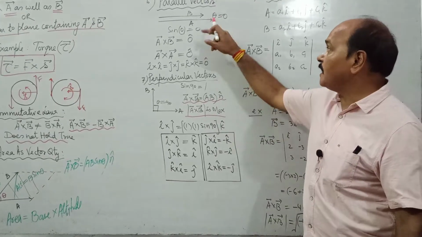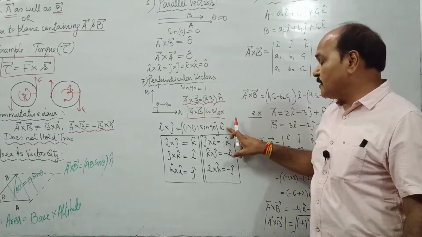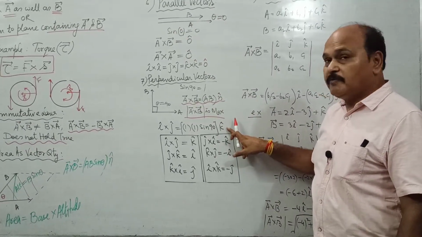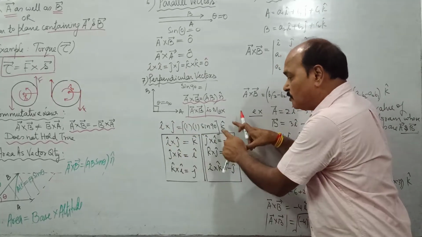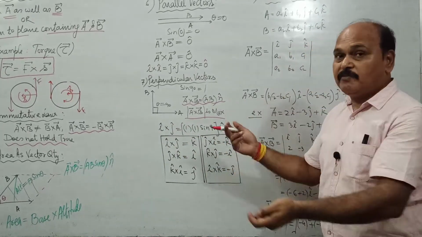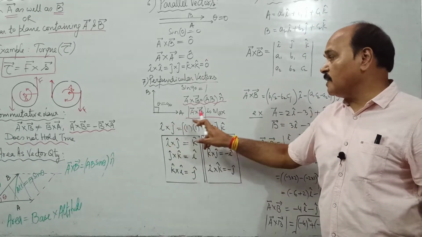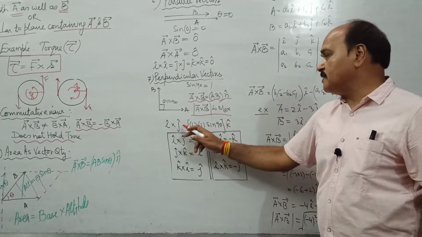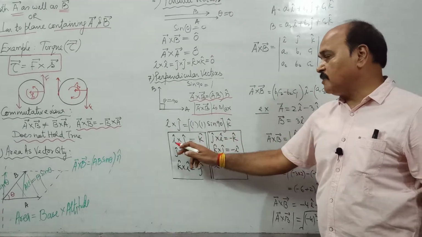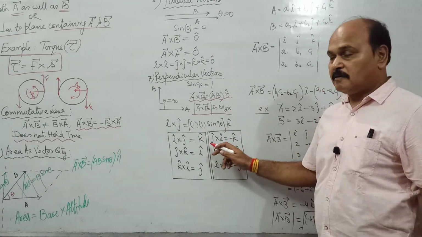And this unit vector is known to us. We cannot write n cap. The property of unit vector is it has to be perpendicular to both I as well as J. So the unit vector here has to be K vector, which is perpendicular to both I as well as J. So what is this? This is all 1. So I cross J is equal to K.